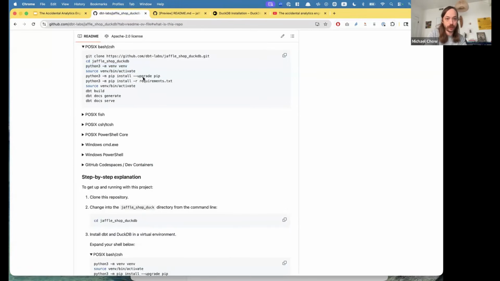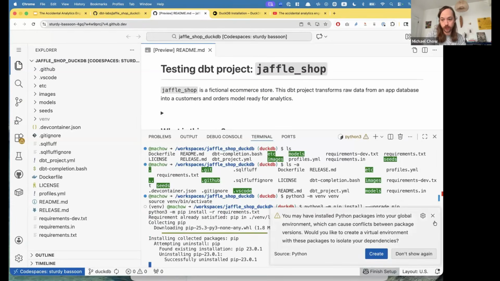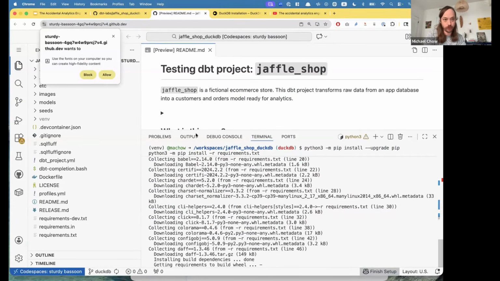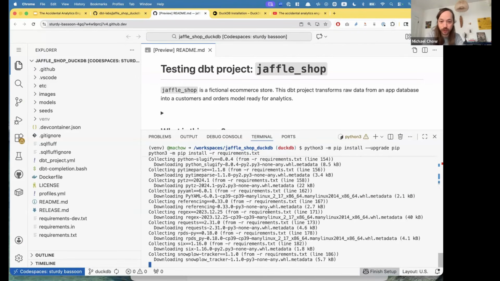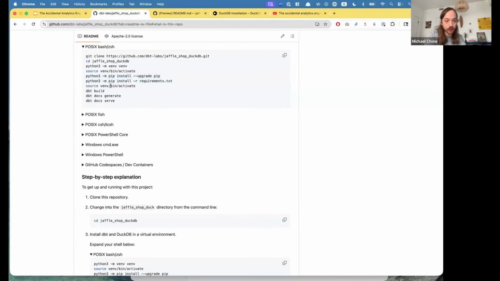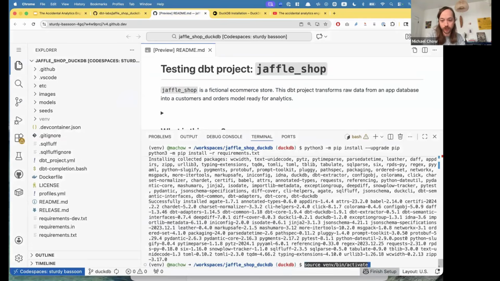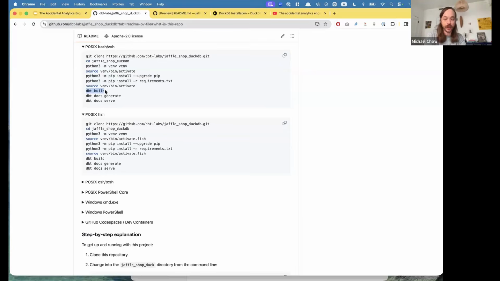And then I'm going to install these requirements. This might take a sec. I get a million pop-ups. I'll allow you to do anything, VS Code. While that installs, I'm going to grab the next command. It's weird because we already activated that, so it's not necessary, but I'm going to do it anyway because I'm a good direction follower. Sometimes there's a reason and they're just not telling you what it is.